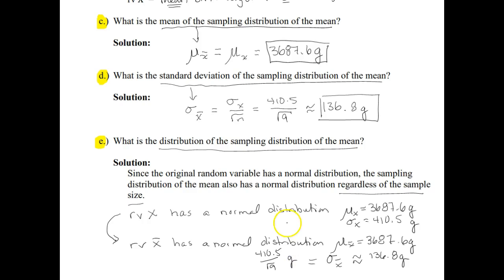Okay, so in this case, our initial population was normal, so we did not need a sample size of n at least 30. Okay, that's for when we start with something that's not normal to begin with. So again, original population is normal, random variable x bar will be normal regardless of the sample size.